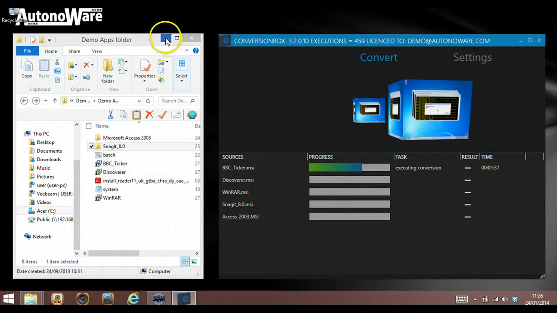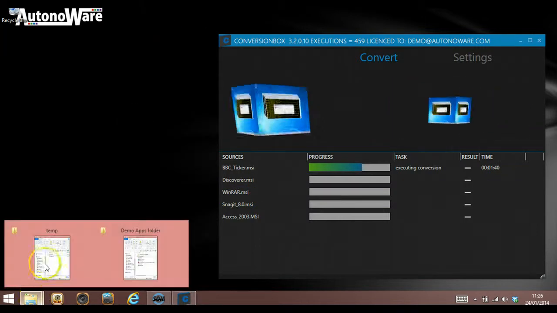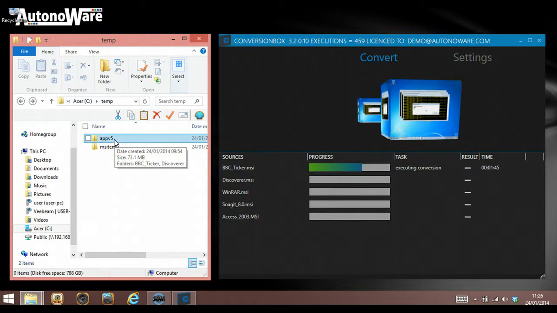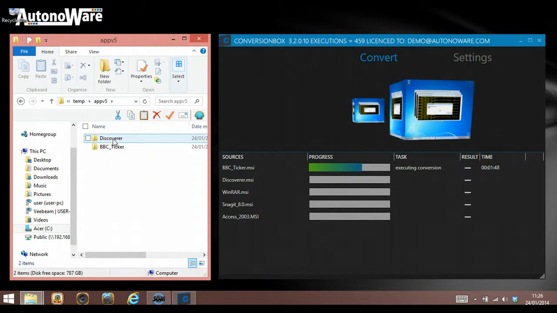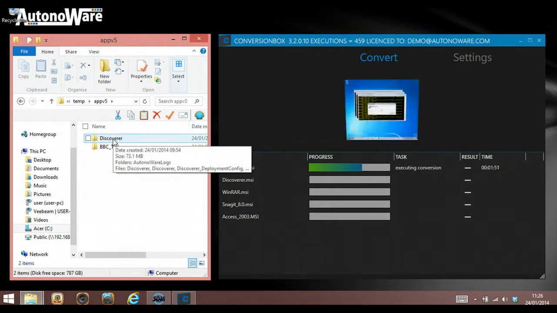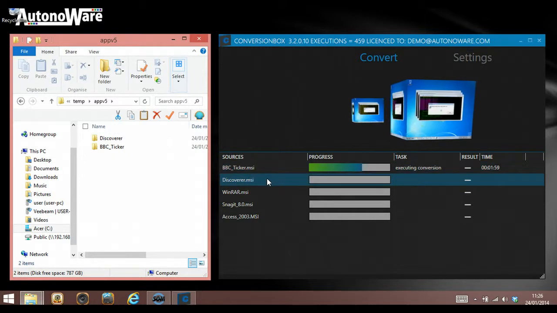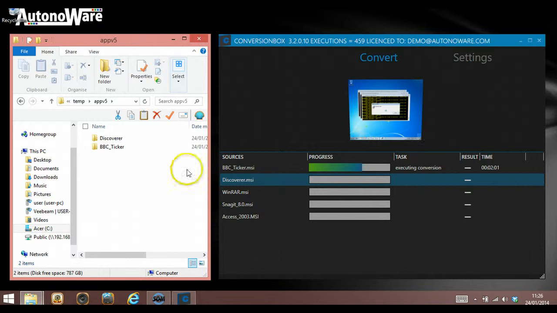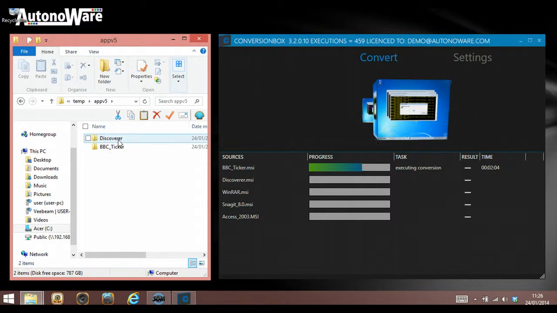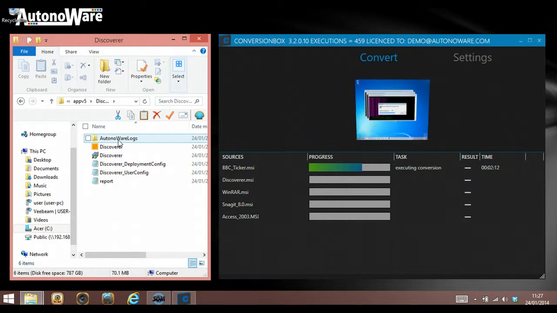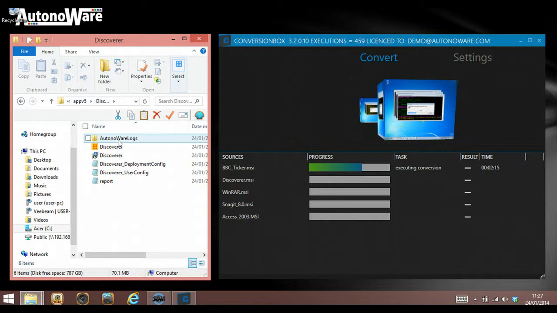So I'm going to show you now the temp folder, which is our output folder, and you'll see that earlier today I have already sequenced or already converted Discoverer. So you'll see that once we finish with BBC Ticker, it will skip past Discoverer very quickly, because it'll notice that we have already sequenced that application. And that's purely because we had